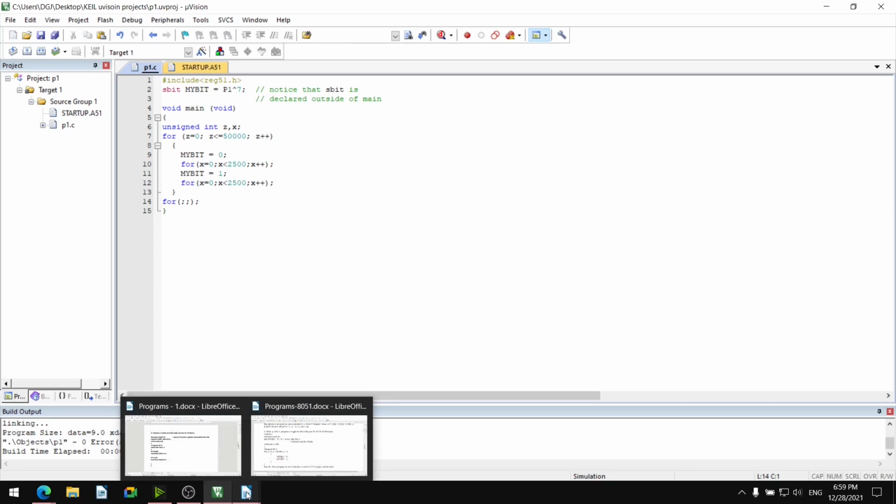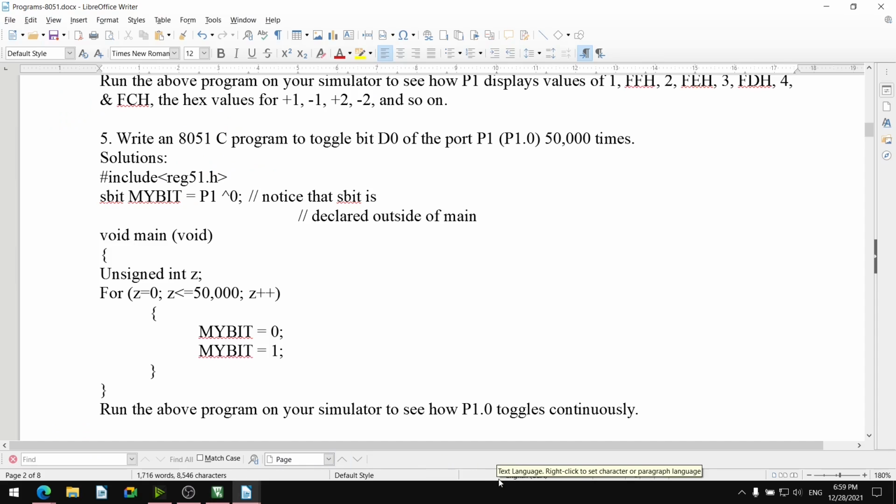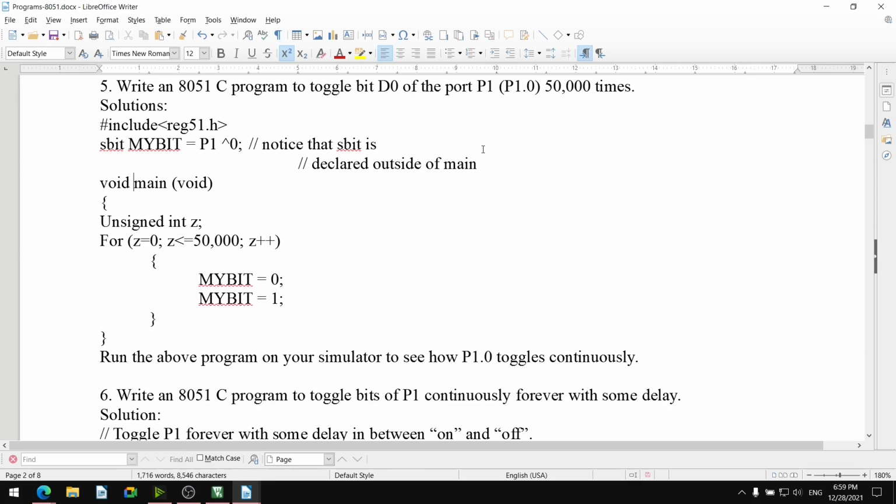So we have seen this program, with which a single bit D0 of port P1 can be toggled. Okay, we have added here the delay to observe my bit 0 and my bit 1, and we have added at the end, in the while main loop, the forever executing loop.